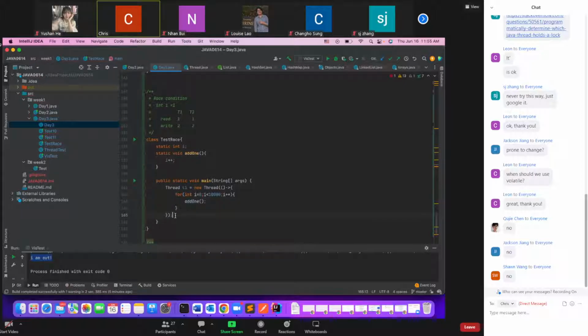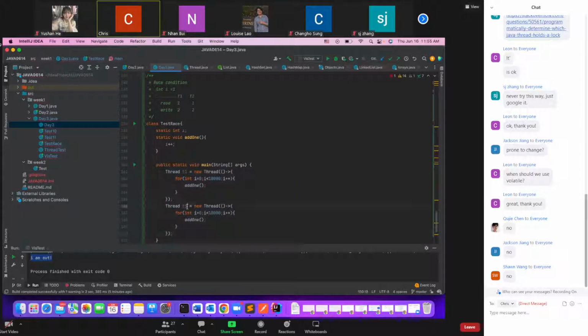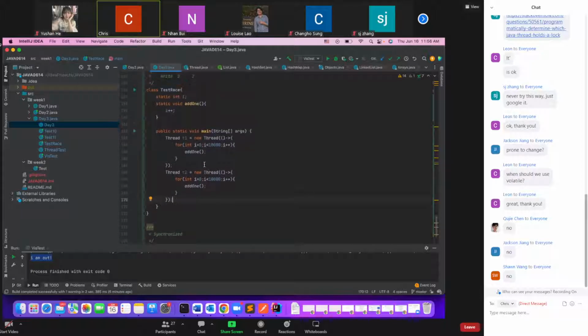Also, we have a thread 2 doing the same thing, invoking add1, which increments variable I by 1, 10,000 times. So the desired result that we want to see is that after T1 started and T2 started,